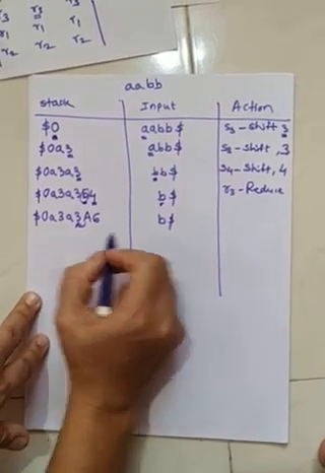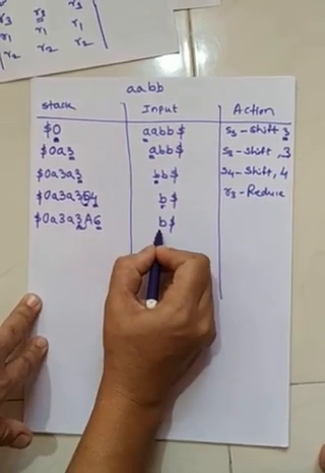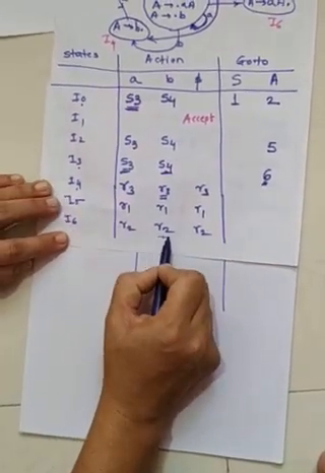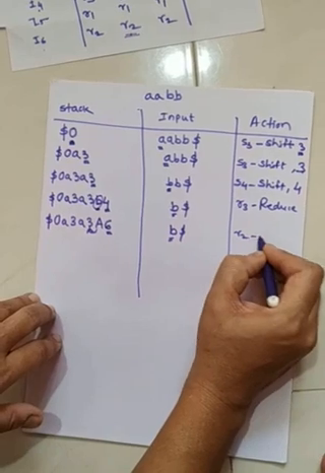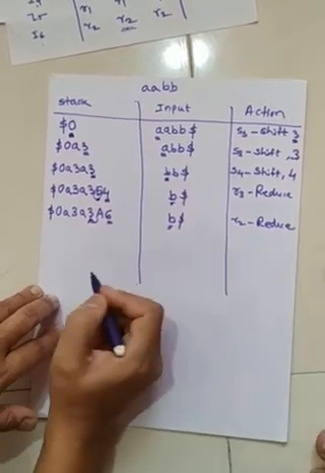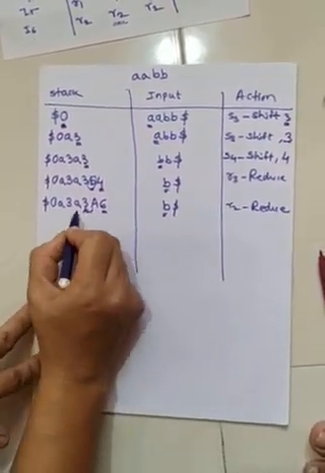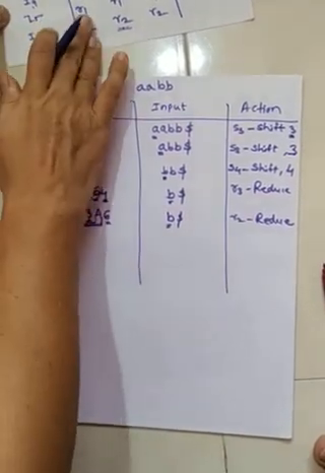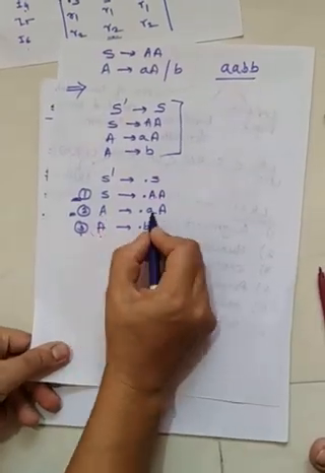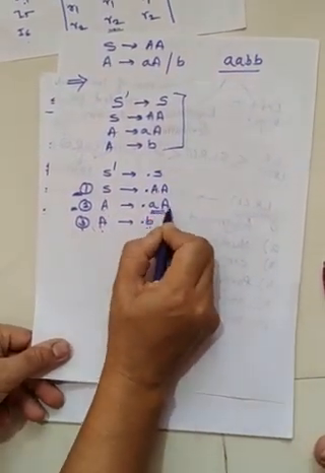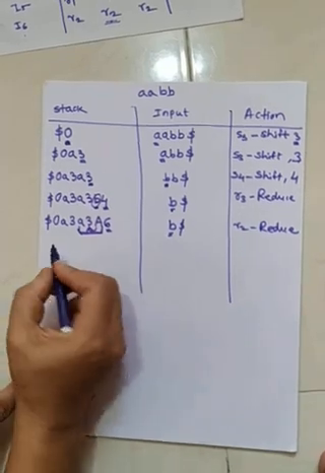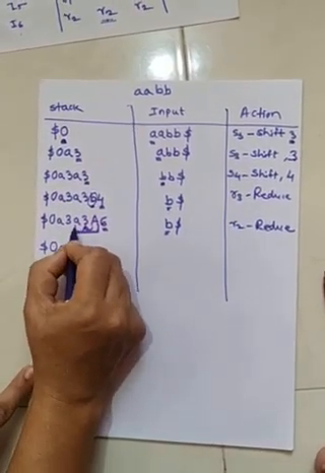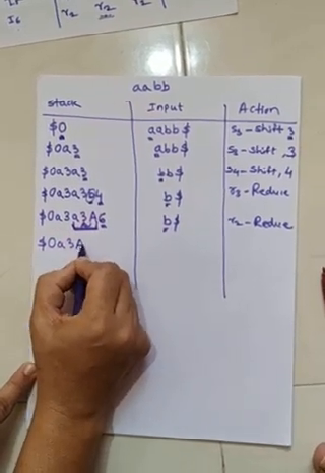Now again next we have to check state number 6 terminal B. So state number 6 terminal B is again the reduce action. So we have to perform reduction again. Now this AA term can be reduced because we have the production as A is producing AA. So the complete AA is now reduced. So we have $0 A 3, and this is now reduced by A.